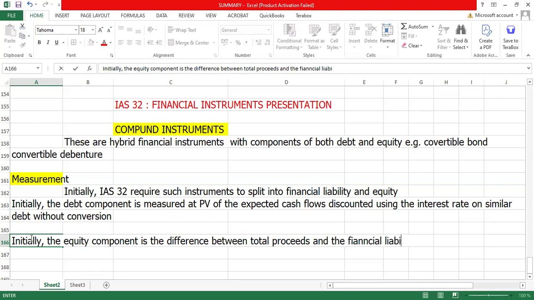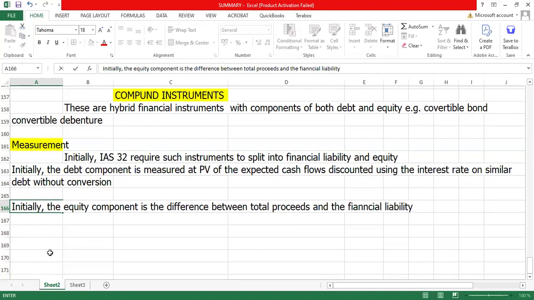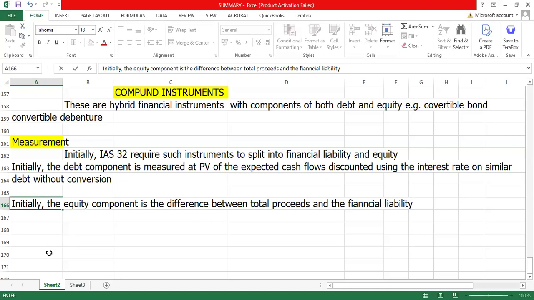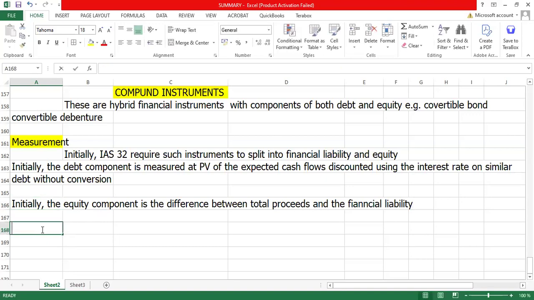I think this makes sense. So that's how we are going to be getting the initial measurement for these two. Then subsequently,